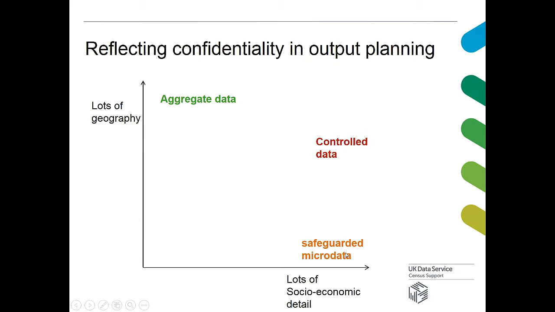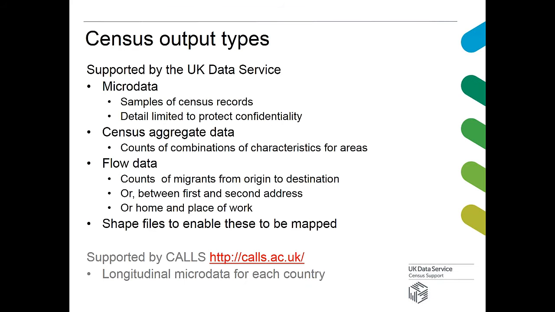We have, and I'll talk about these data types in a moment, some safeguarded microdata here, and controlled data is where you get a lot more detail, but you have to go through more hoops to access it. Okay, so just to tell you about the different census outputs that we have in the service. So there's microdata, and these are samples of census records, individual level data, which I'll talk about in a minute. There's also aggregate data, which are data aggregated to areas, sometimes known as area statistics. There is flow data, which shows flows between one area and another, and boundary data, which allows you to map